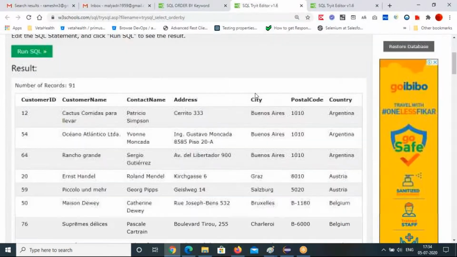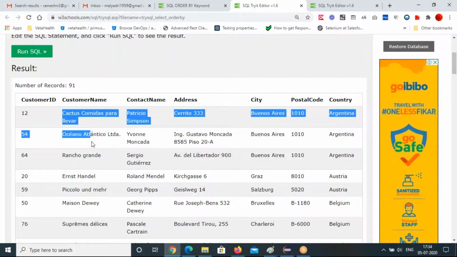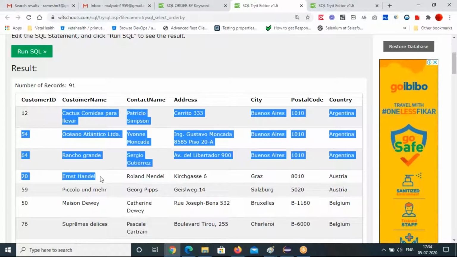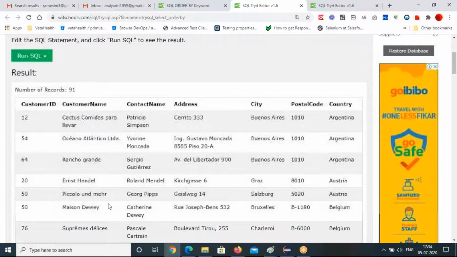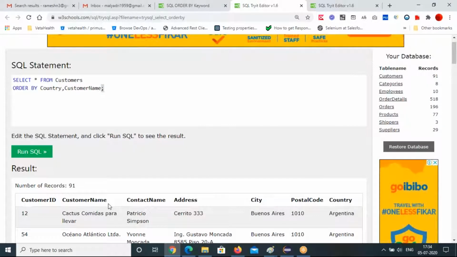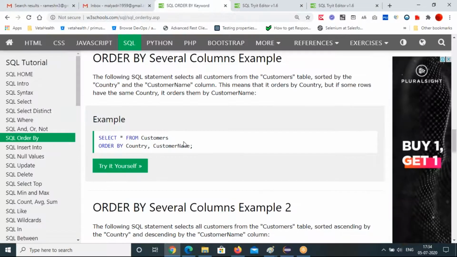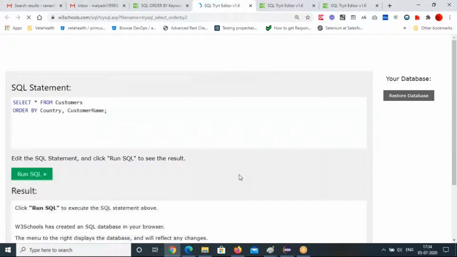See, those will be sorted in ascending order. Customer name is not coming in ascending order. Did we write it wrong, or is the table different? Sometimes tables will be different, that's why we have to be careful.